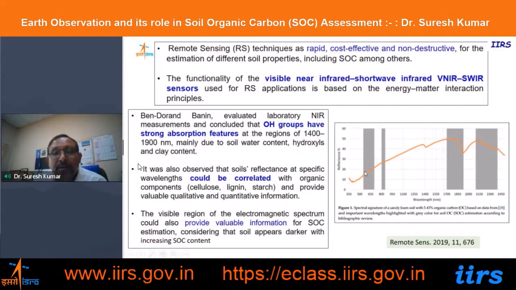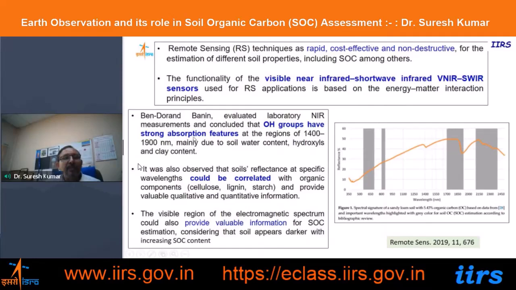For organic matter studies or soil property studies, we are dependent on the visible and near infrared reflectance characteristics. So green, red, and near infrared bands are important for studying soil organic carbon, and as the carbon content increases, the reflectance will decrease. But